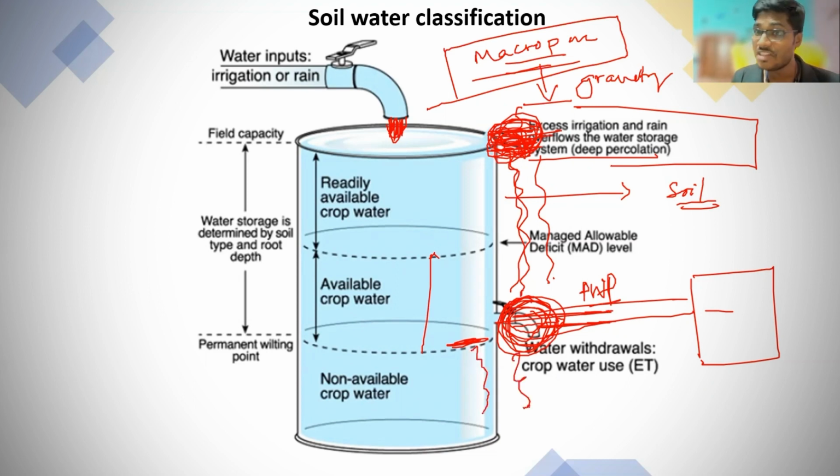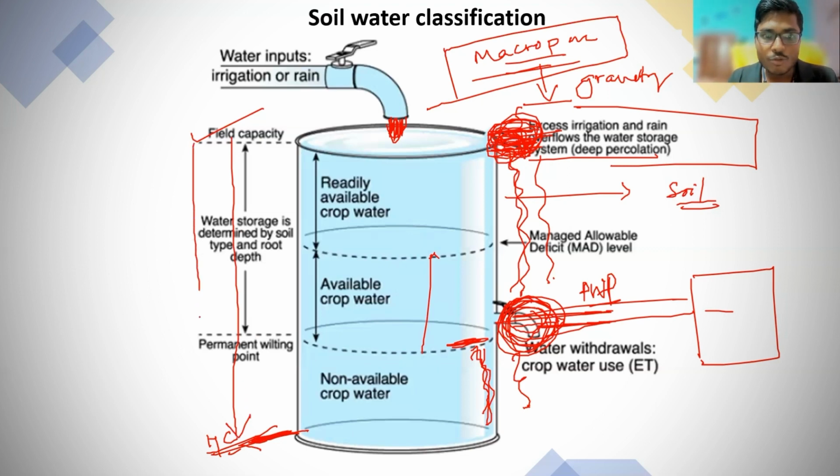Definitely water is there in the soil, like in this tank also water is there, but this water is not useful. Like that, in soil also, below the permanent wilting point, no water is useful to plant. So what is the total capillary water? The total capillary water is from field capacity to hygroscopic coefficient, where the hygroscopic coefficient is below. So from field capacity to hygroscopic coefficient is the total capillary water, and out of this, field capacity to permanent wilting point is the available water.